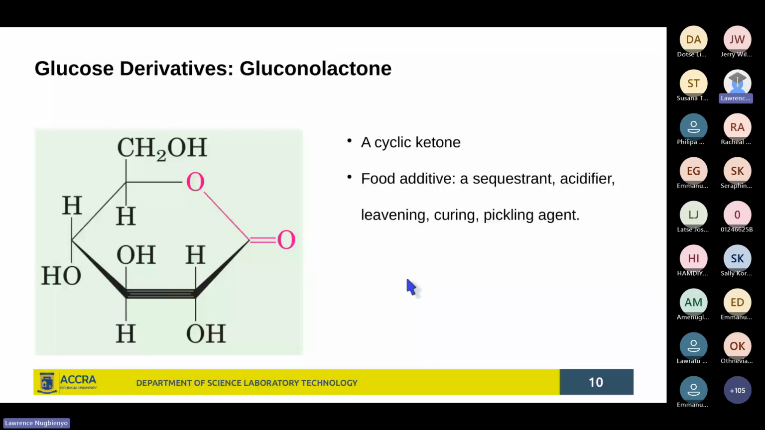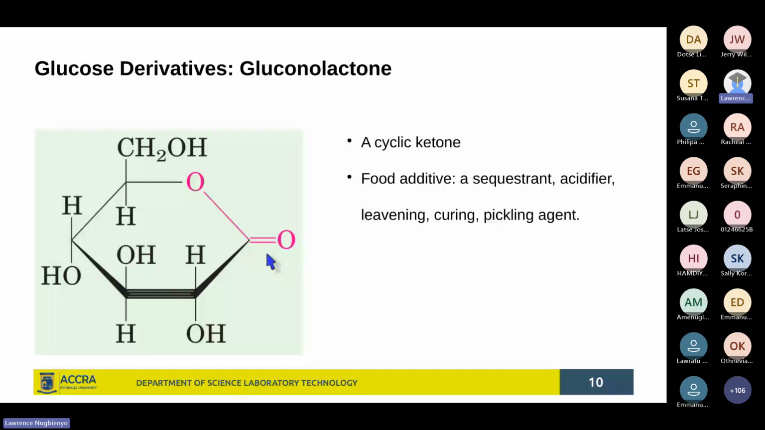gluconolactone. You can see again on the first carbon, what was the original anomeric carbon of glucose, you see there is a double bond O. That's like a cyclic ketone that is formed over there. It's also acidic, because it's an aldehyde group that has been oxidized to a ketone group. So you can